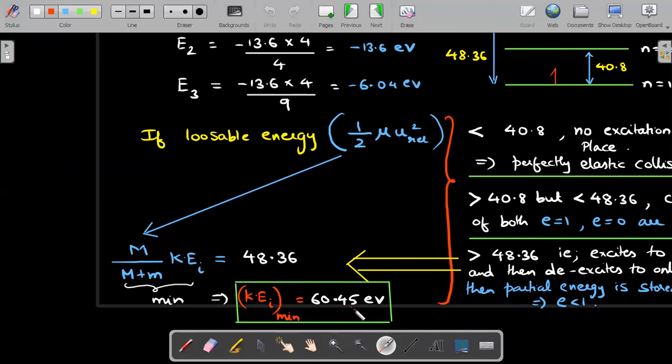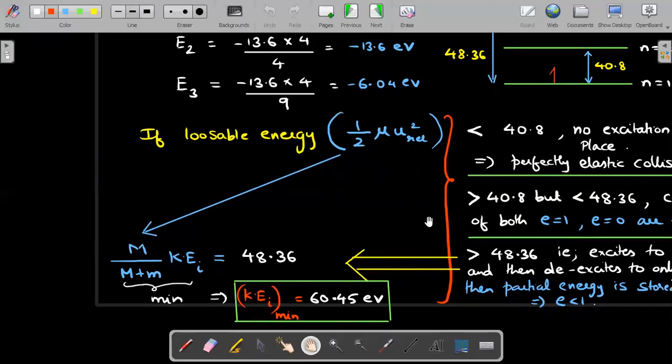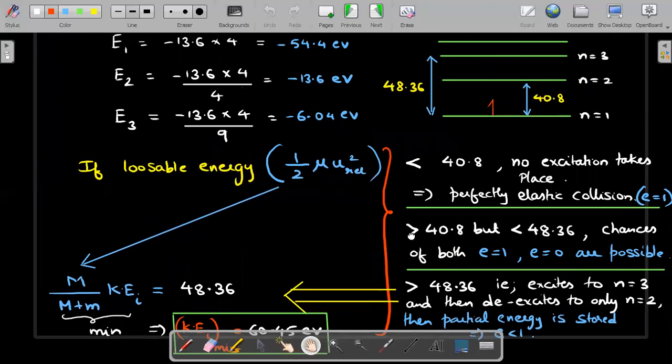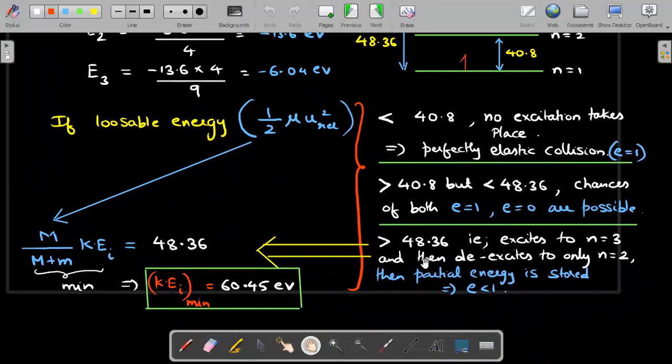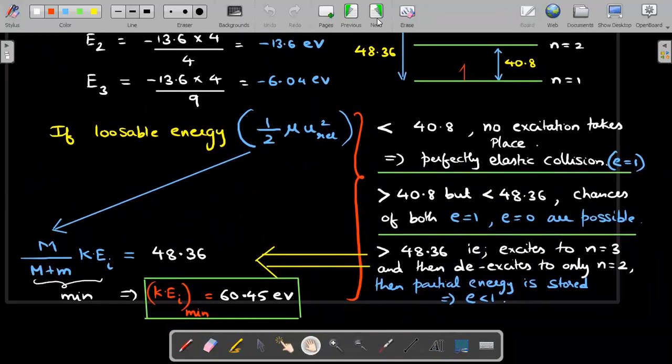A surprising answer, because some of you would have stopped here and not gone to the third excitation. That is very important for E less than 1. So the required answer based on JEE guidelines, writing it up to the second decimal place, would be 60.45 electron volt. This is a very important question, not asked before, so you should understand this concept. I hope you thoroughly enjoyed it, and are you ready for the next question in the AITS Select series?